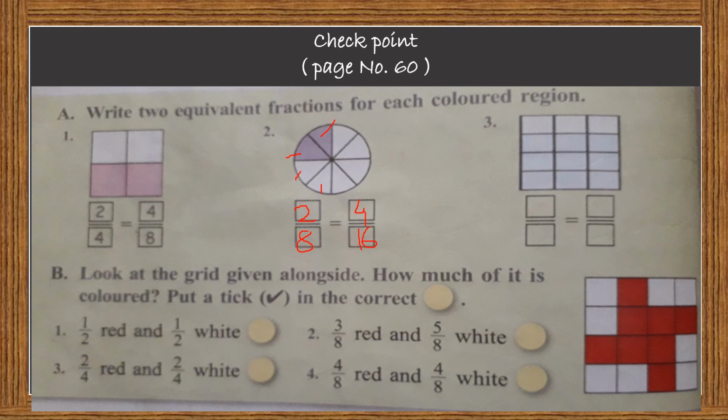There is not only one equivalent fraction to a given fraction, you can calculate n number. For example, now I am multiplying this 2 upon 8 by 3. So 3 2s are 6 and 3 8s are 24. So this is another equivalent fraction. Likewise, you can calculate many equivalent fractions. Okay. Now I will suggest you to do 3 on your own and find out the answer.